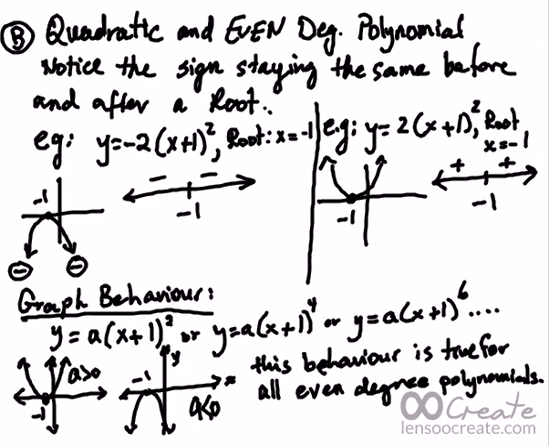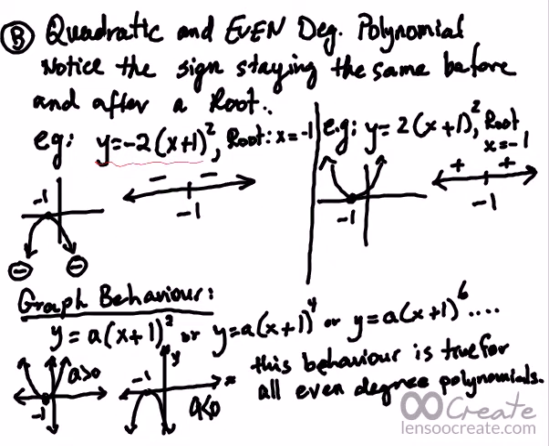As for a quadratic or an even degree polynomial, in this case, we don't have to consider quadratic or even separately. We can just say even degree polynomials. They will all behave the same. We notice that the sign stays the same before and after. So in a function where